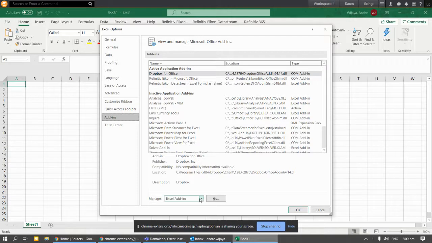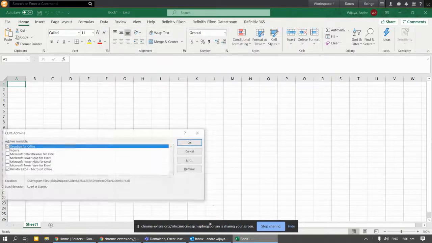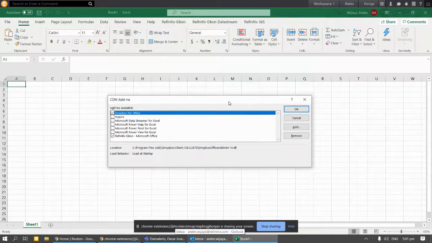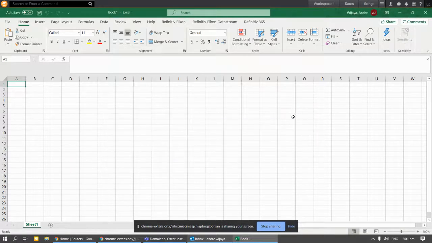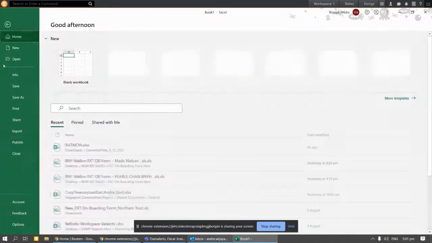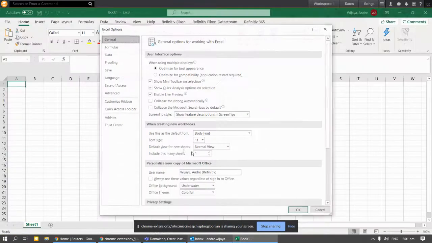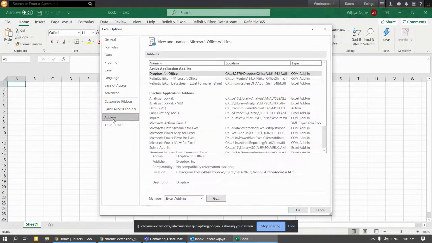and then under Add-ins we can go to COM Add-ins, click Go, and make sure in this window you check on Refinitiv Icon Microsoft Office. This has to be checked, and then click OK, and then go back again to Options under Add-ins,